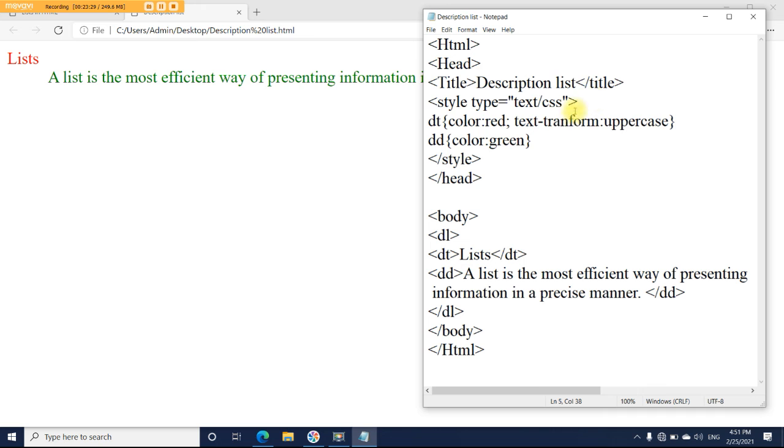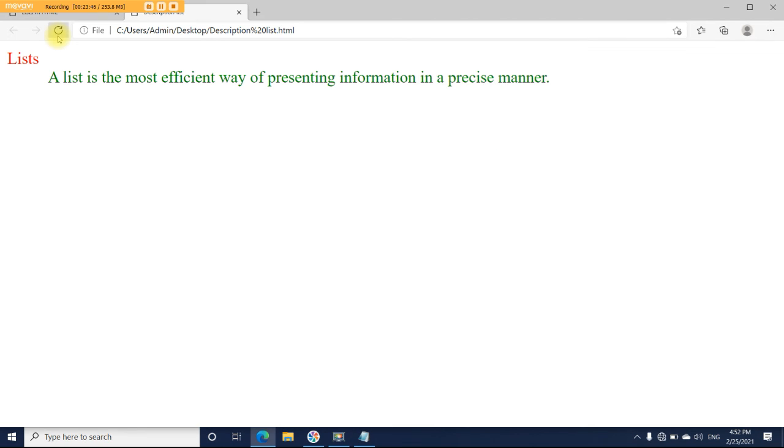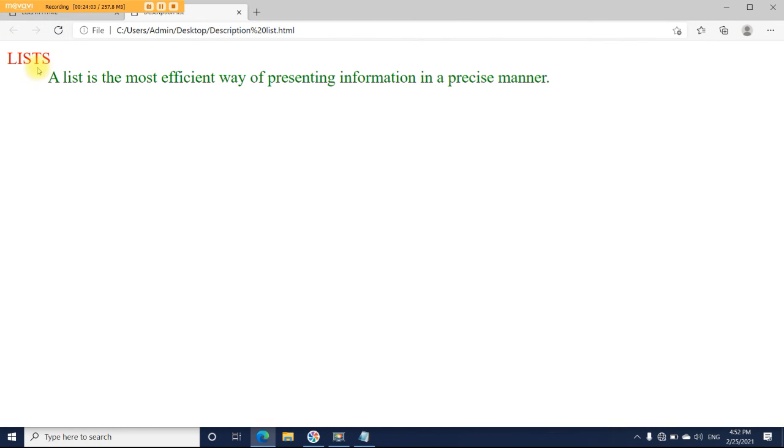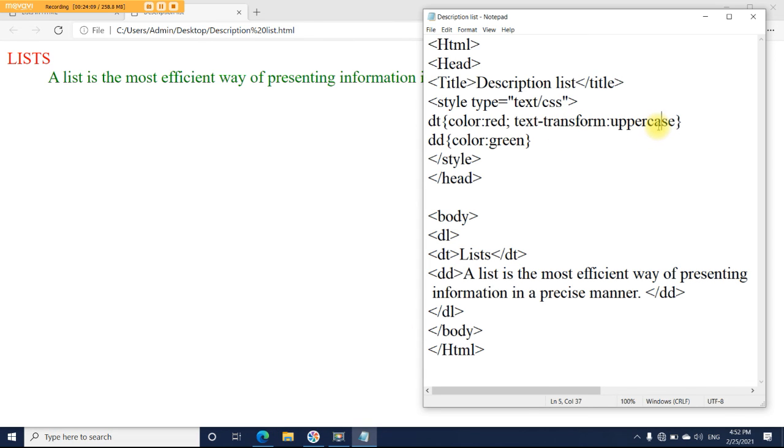What will happen if you pass this text-transform uppercase? This word list, which is written in small letters, with only the first L capital and the rest all small letters, right? It will get converted into capital letters if you pass text-transform uppercase. Let's check, refresh this page. Here we are missing an S, that's why it is not coming. So don't make spelling mistakes. Write down S over here. Just save this one more time and refresh this. See, I am getting this LISTS in capital letters because of this property, text-transform uppercase.